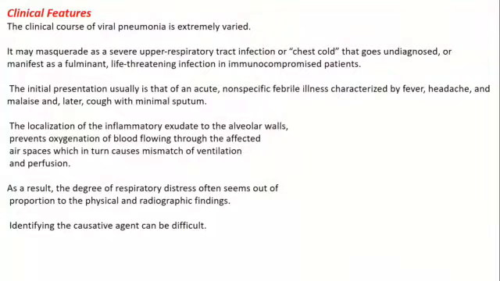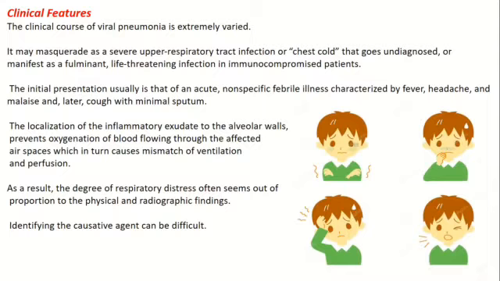Clinical features: the clinical course of viral pneumonia is extremely varied. It may masquerade, meaning disguise itself, as a severe upper respiratory tract infection or chest cold that goes undiagnosed, or manifest as a fulminant life-threatening infection in immunocompromised patients. The initial presentation usually is that of an acute non-specific febrile illness characterized by fever, headache, and malaise, and later